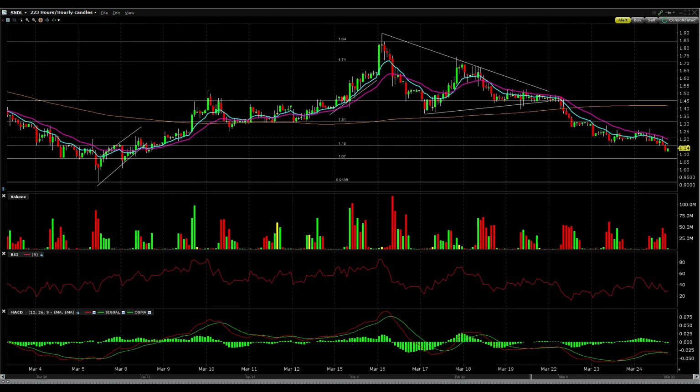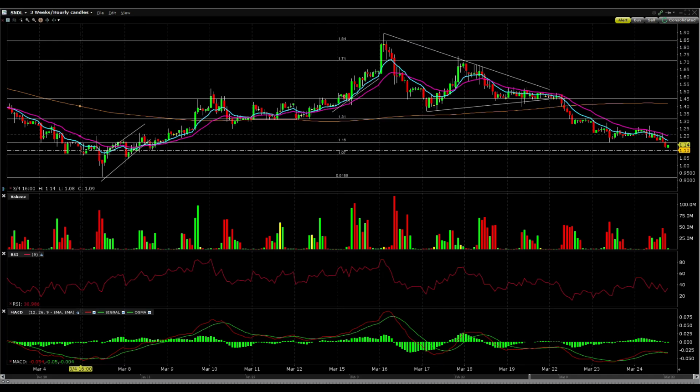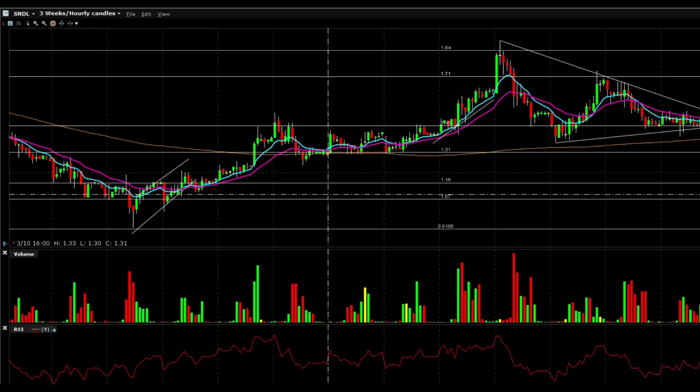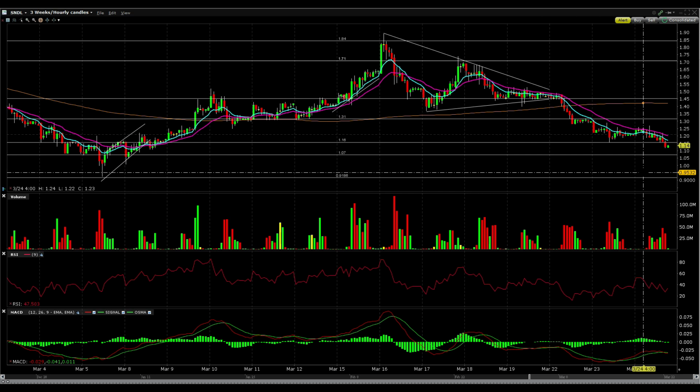So the first level I could easily see the stock dropping down to is this $0.70 level. This is where we had support in this area right over here. Below that, I think it's very likely we then drop back down to 92 cents, where we bottomed right over here as well. If we drop back to 92 cents, it will be crucial we hold that level and form